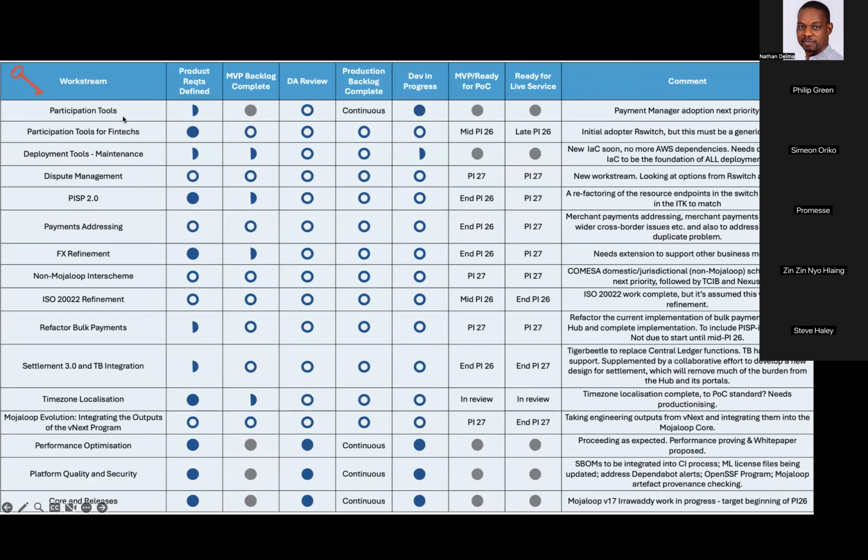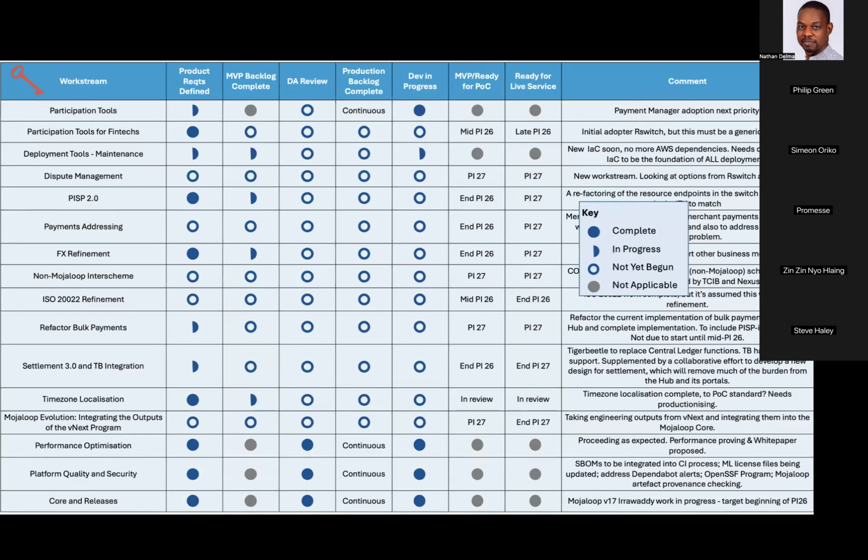These work streams that are continuing from the past have at least some element of the circle filled in on the left-hand side. The new work streams are entirely blank, as you can see. The comments down the side are essentially a summary of what I've just been saying. You'll be able to access this, I feel like a dashboard, directly from the product council Slack channel. I'll put a link in it later on today.